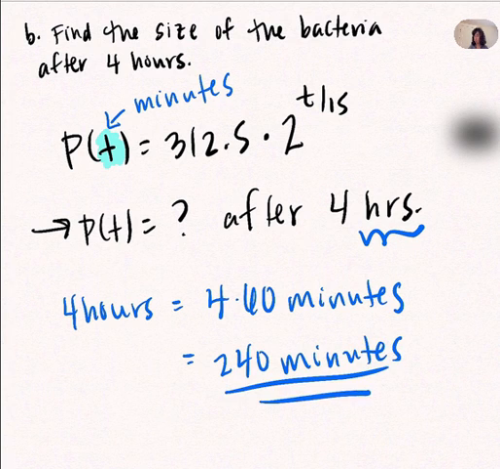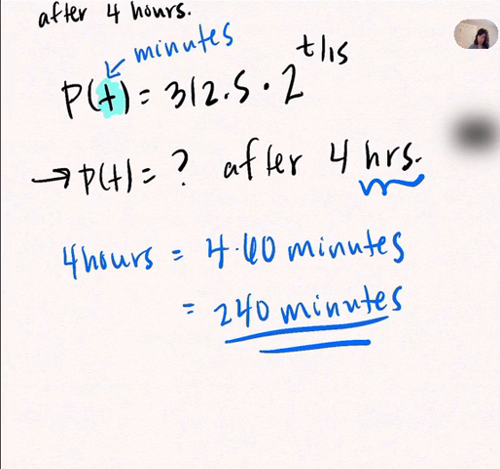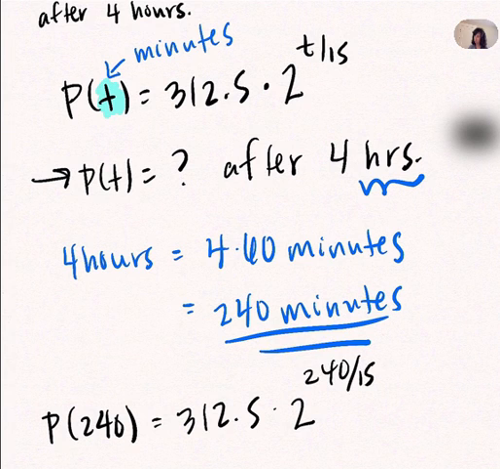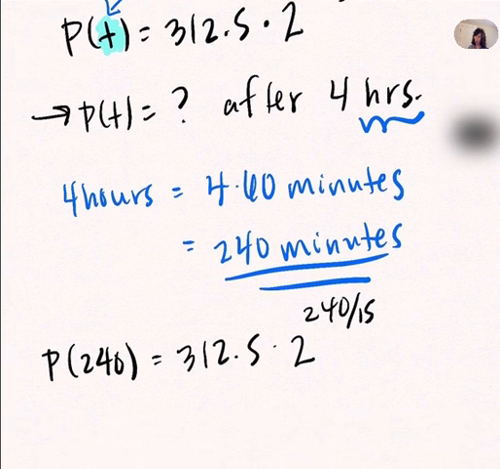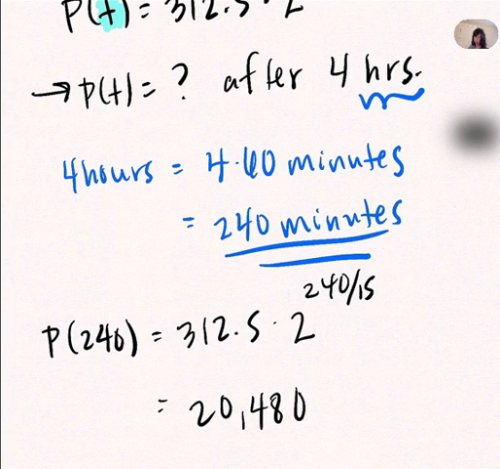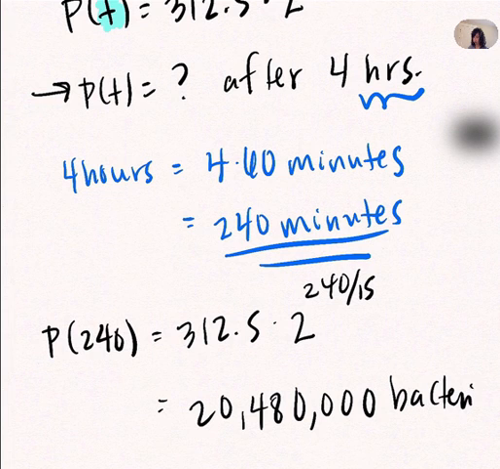So after 240 minutes, we're going to have P of 240 equals 312.5 times 2 to the 240 over 15, or 20,480,000 bacteria. So quite